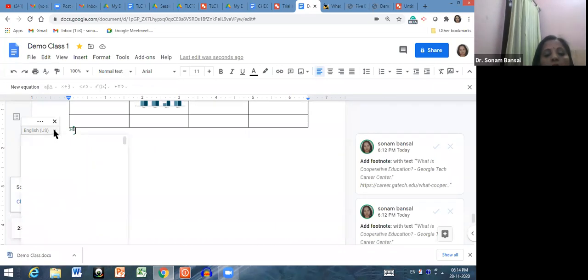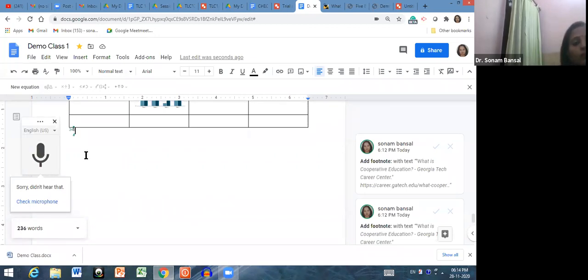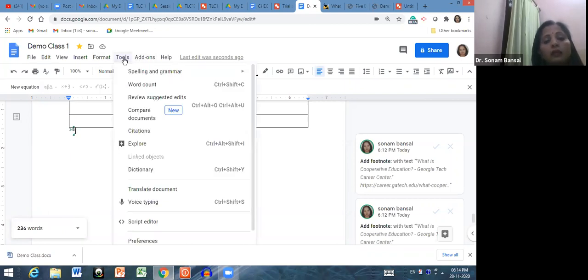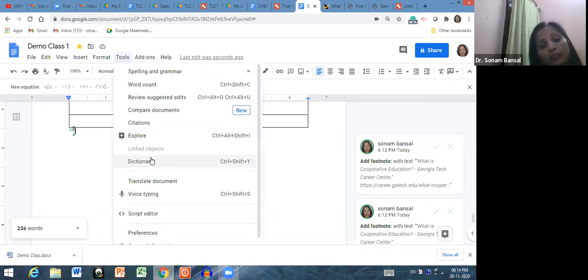English, Hindi, many languages are there in which you want to type. Just click here the microphone on and speak out something that you want to write down. It will automatically be typed by this microphone over here. Whatever you speak will be automatically written here by clicking this microphone. So this is how you can do typing very fast just by speaking with the help of voice typing.